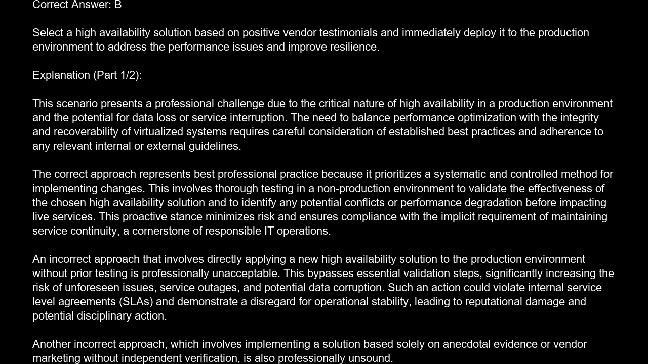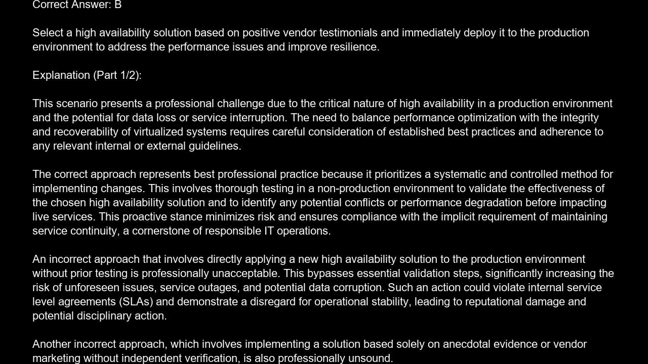The correct approach represents best professional practice because it prioritizes a systematic and controlled method for implementing changes. This involves thorough testing in a non-production environment to validate the effectiveness of the chosen high-availability solution and to identify any potential conflicts or performance degradation before impacting live services. This proactive stance minimizes risk and ensures compliance with the implicit requirement of maintaining service continuity, a cornerstone of responsible